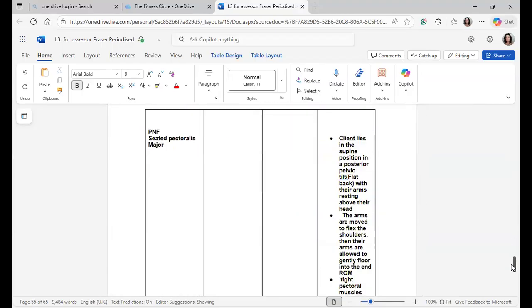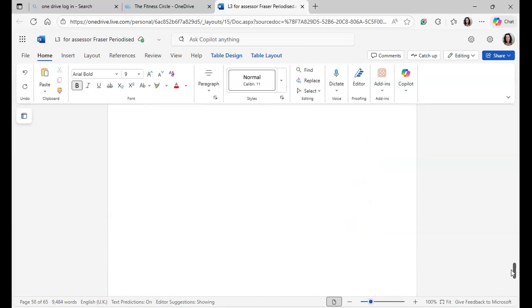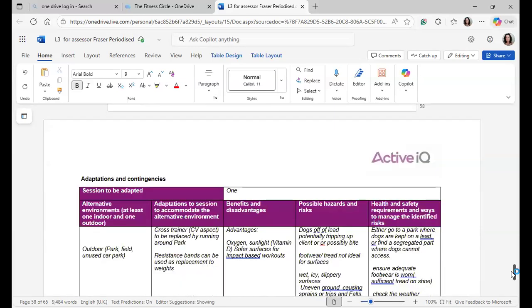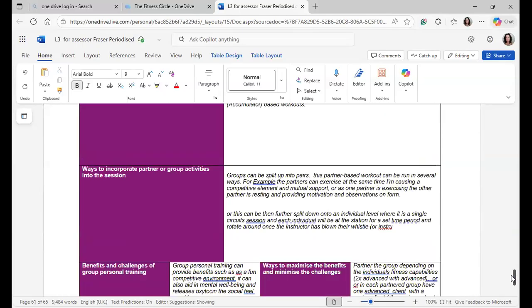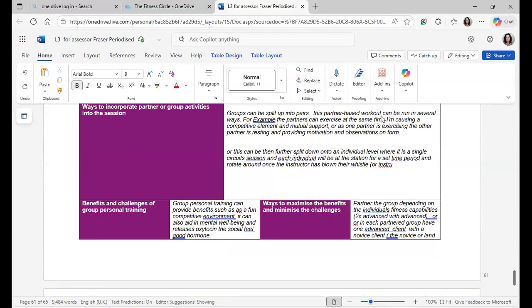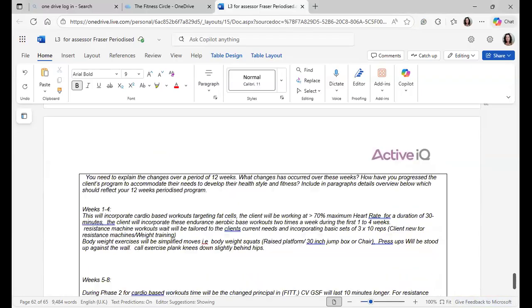Then at the end, we're looking at alternative environments. And then we're moving into partner-assisted work. And just general partner work, group work that we can just probably add a little bit of fun to the session as well. So hopefully that's helped. Please do